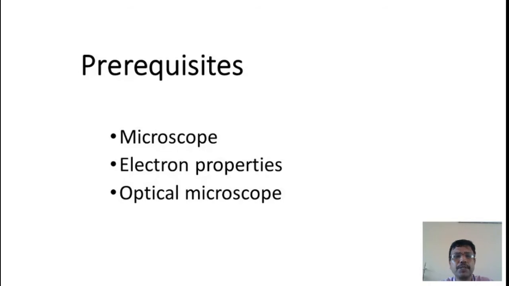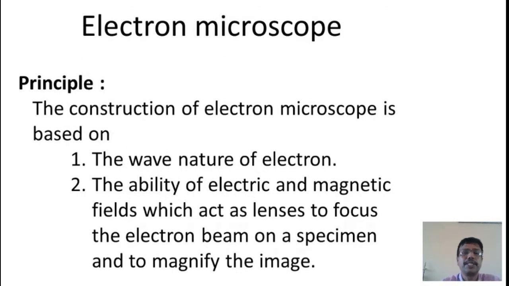Then come to the optical microscope. I already mentioned that it gets the magnified image by using radiation or light. Then come to the principle. To work an electron microscope, there are two main principles used in its construction. One is that it works on the principle of the wave nature of the electron. The second is the ability of electric and magnetic fields to act as lenses. Not ordinary glass lenses; here electric and magnetic fields are used as lenses to focus the electron beam on a specimen and to magnify the